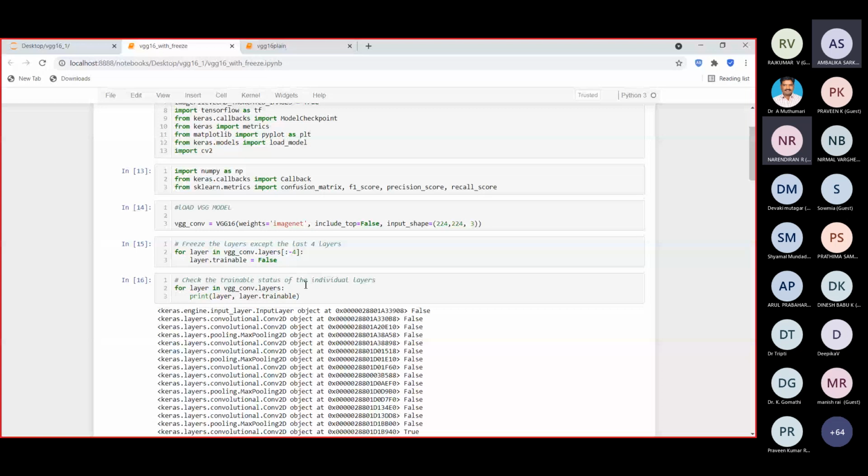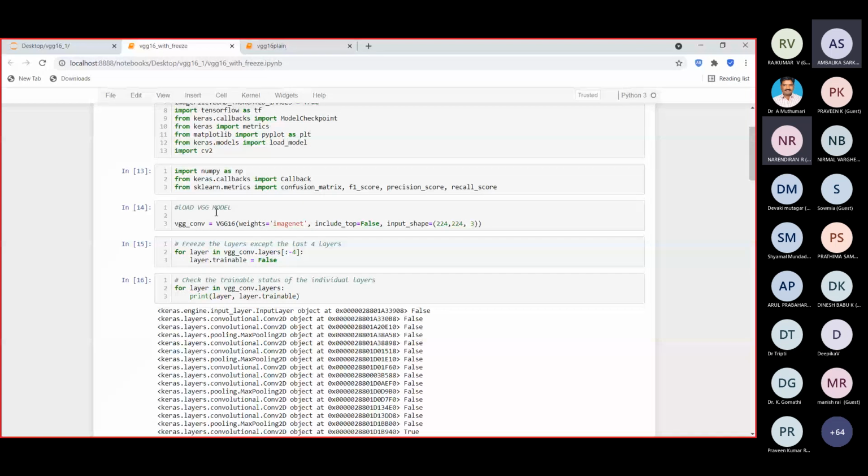The same thing here, with and without transfer learning. Here also I have included the VGG16 model, and I included top equal to false. And if you see here, one thing I have changed. That is where freezing the layers is done here. You see here, the layers are made frozen.